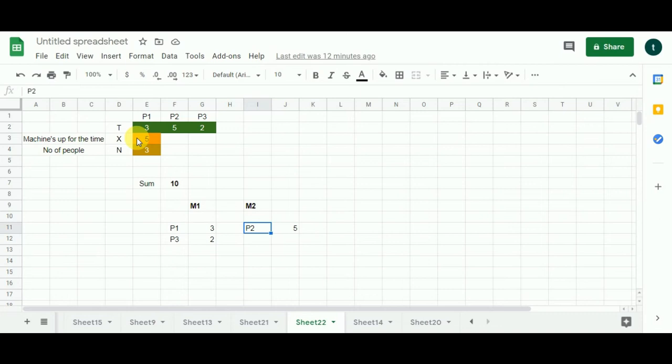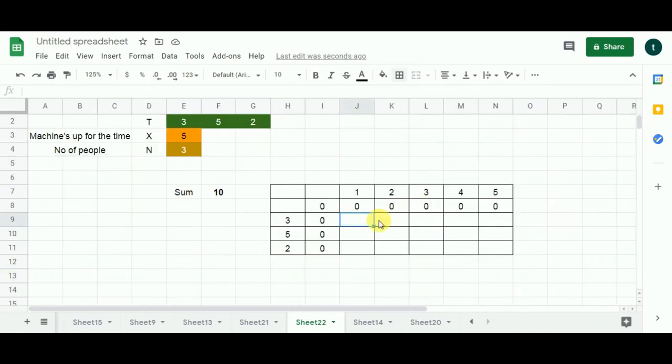So we are going to apply the knapsack problem here now. Here is the knapsack problem set up over here. We are going to quickly solve it. If you want to see a detailed explanation of the 0/1 knapsack problem, you are welcome to click the link above, and I have also given the link to it in the description box.